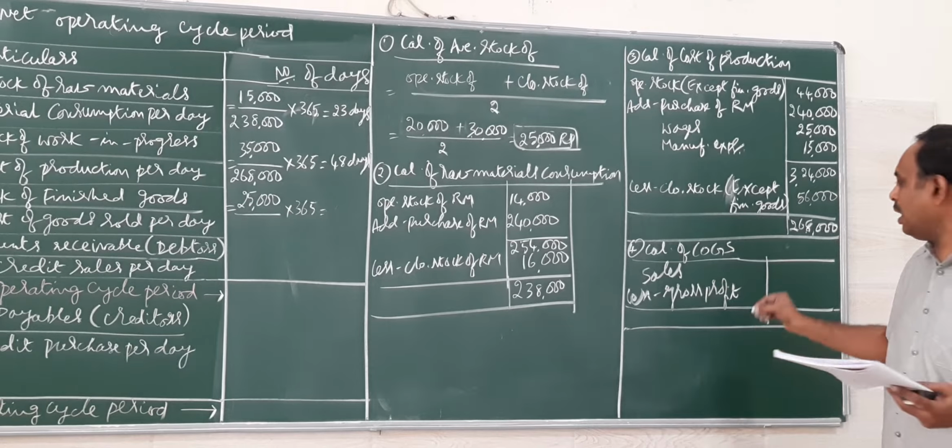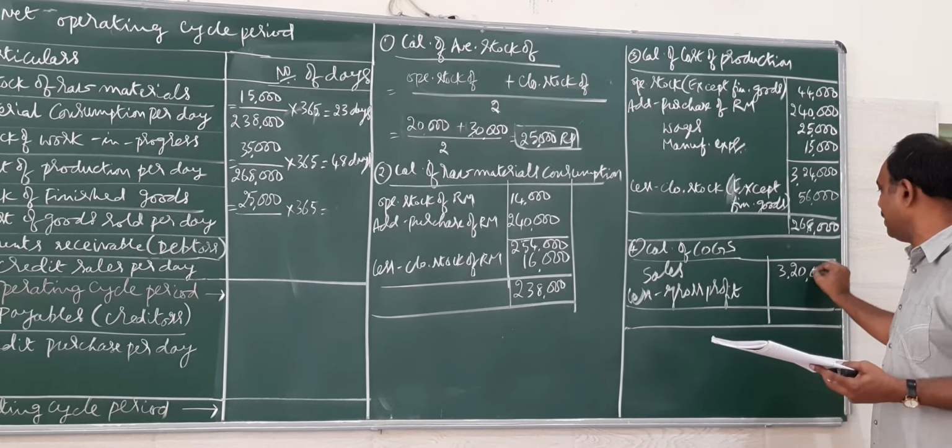So on the credit side you have sales as 3,20,000 rupees. On debit side you have a gross profit of 62,000 rupees. That gives cost of goods sold for you 2,58,000. So 2,58,000 is going to be the cost of goods sold. So we can substitute here. And when we calculate the value for formula number 3 or C, we are going to get 35 days.